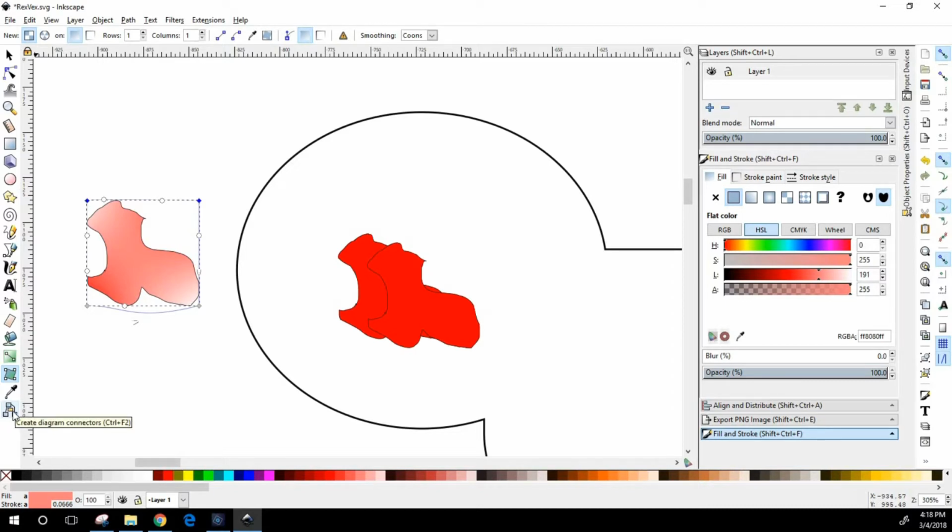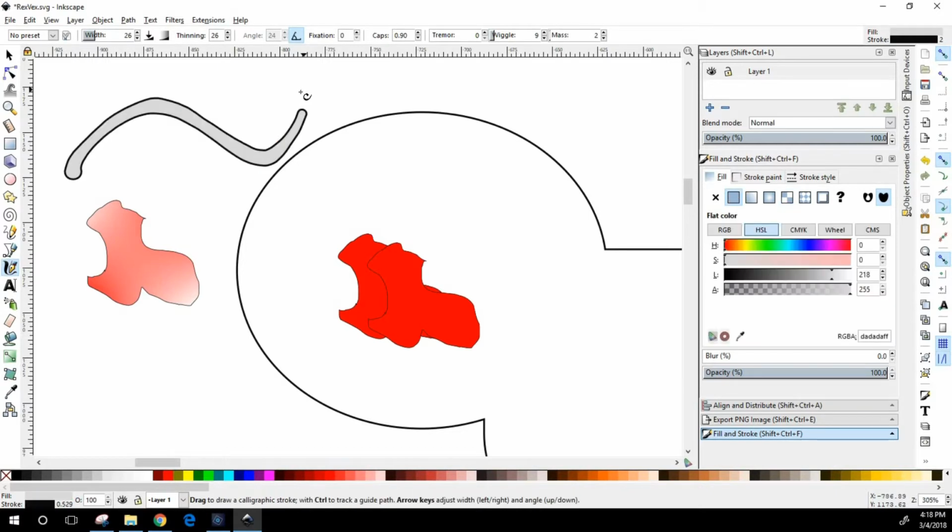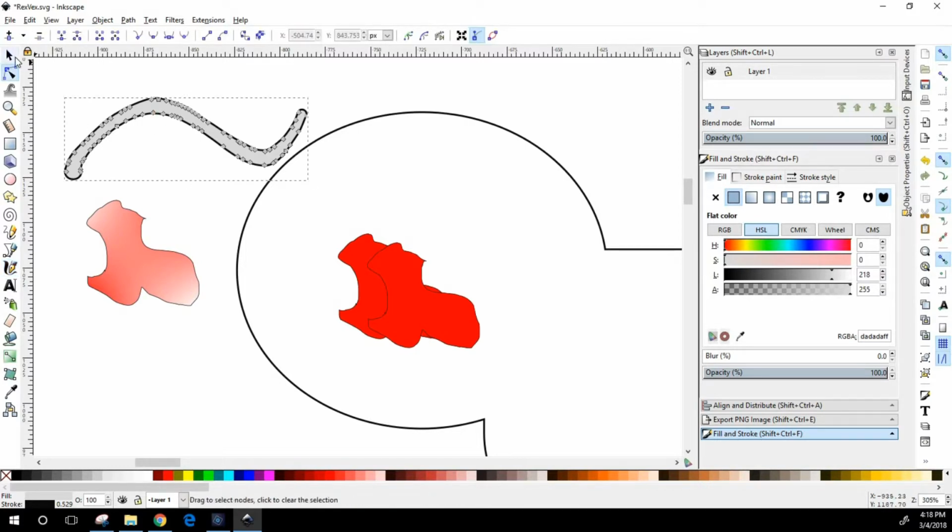Create diagrams. That's probably for creating flowcharts and things like that. Then you have the calligraphy tool, which I like a lot. It basically creates very organic, almost paint-stroke type things, and it creates them as a full object. So again, if you